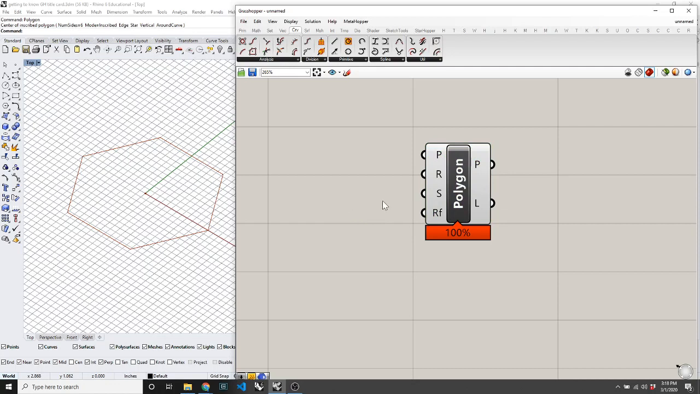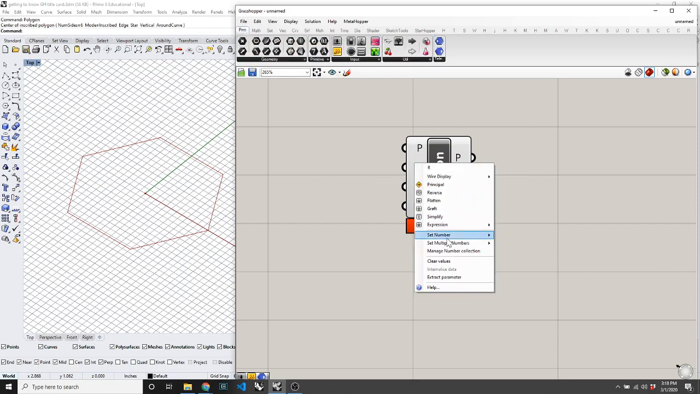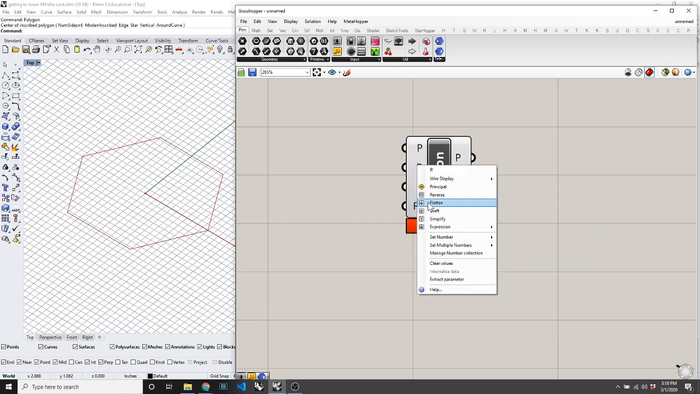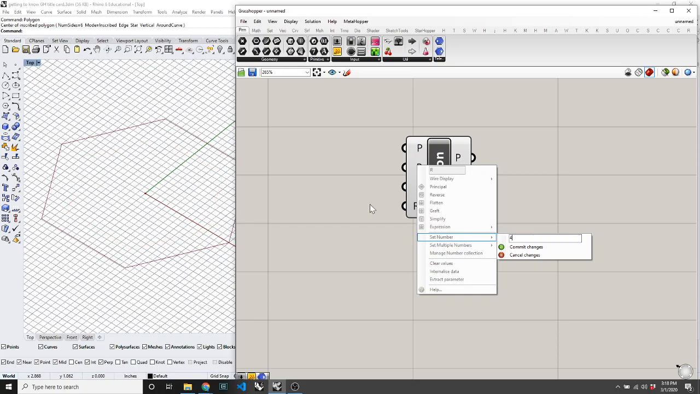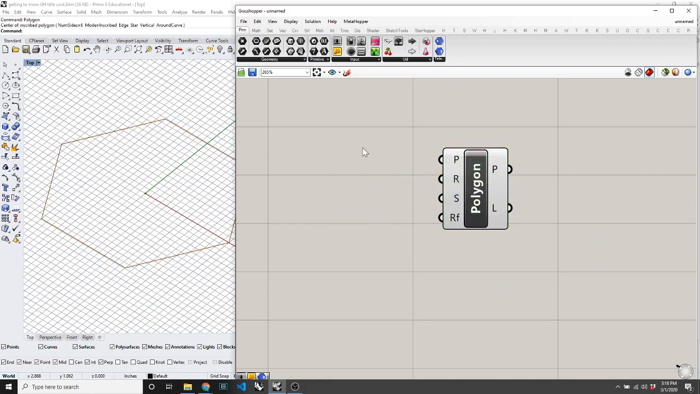So I have created a polygon. This actually looks pretty good to me, but I might want to control its inputs. So in this case, let's control its radius. And I'm going to do this with a slider. I could right-click and say set number to be 4 if I knew that I wanted it to be bigger. And I can hit enter to cause that to accept. Or I can create a slider that will hook into this, like we saw in part 1, to dynamically control